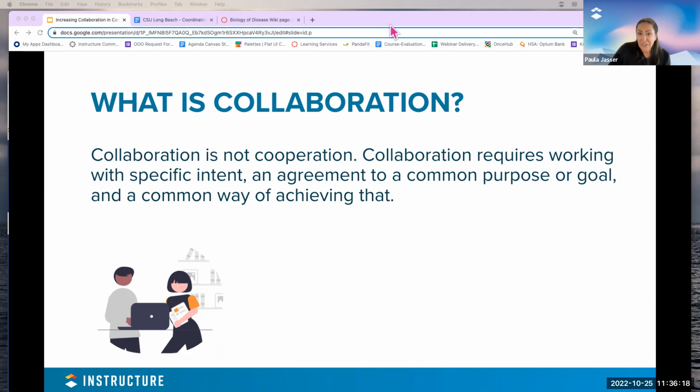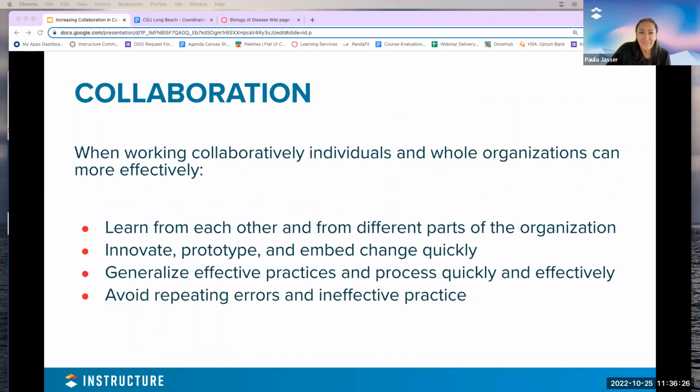So we're going to talk a little bit about that and how we can limit those barriers so our students don't experience those bad collaborative projects. Anyway, when we talk about collaboration, we know that individuals learn from each other and that organizations as a whole benefit from working collaboratively. However, like I just said, collaborations are not really utilized or put into practice